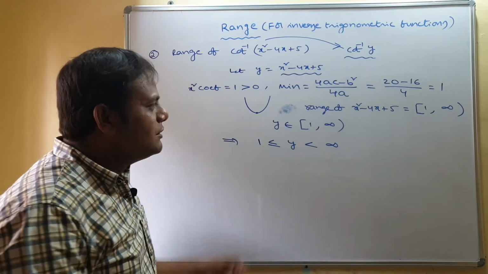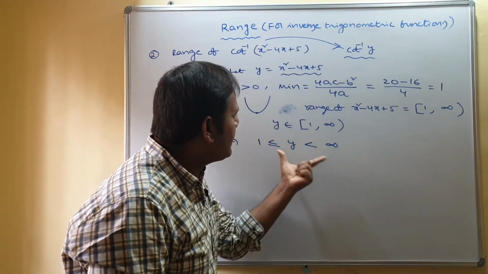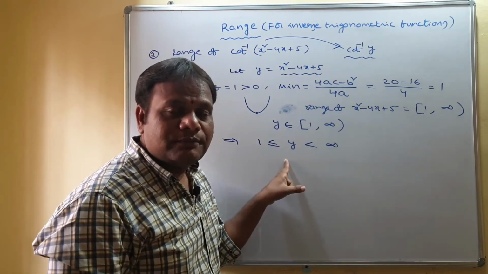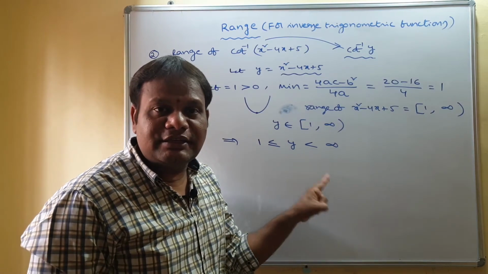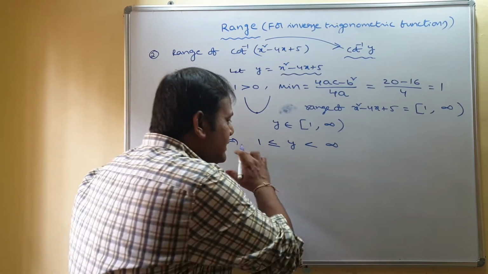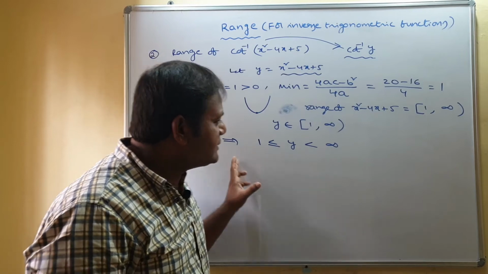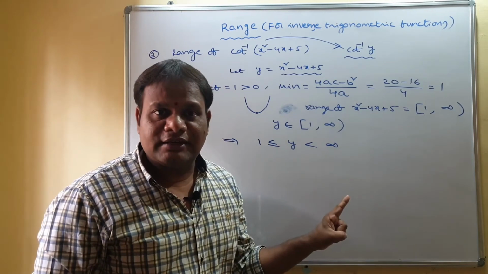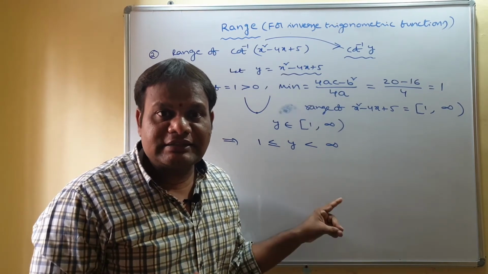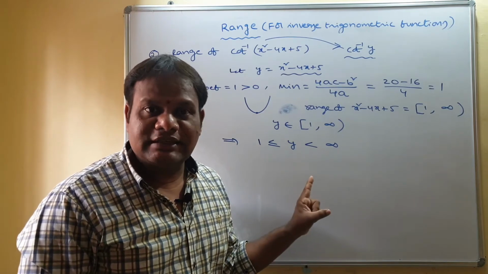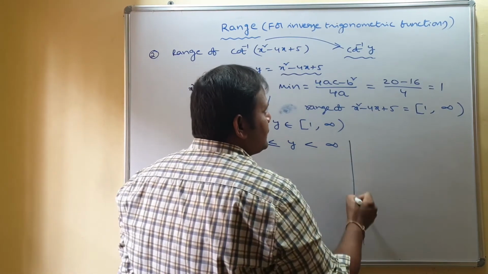Is it clear? Right. What function do you have to apply? Cot inverse function. Is it increasing or decreasing? You must know. Why? Because if it is increasing, then there is no change in the inequation sign, but if it is decreasing, the inequation sign changes. So here, cot inverse x.